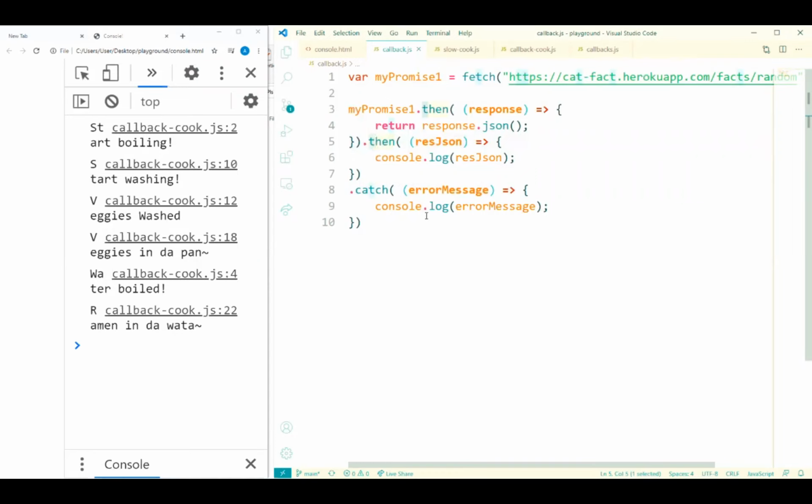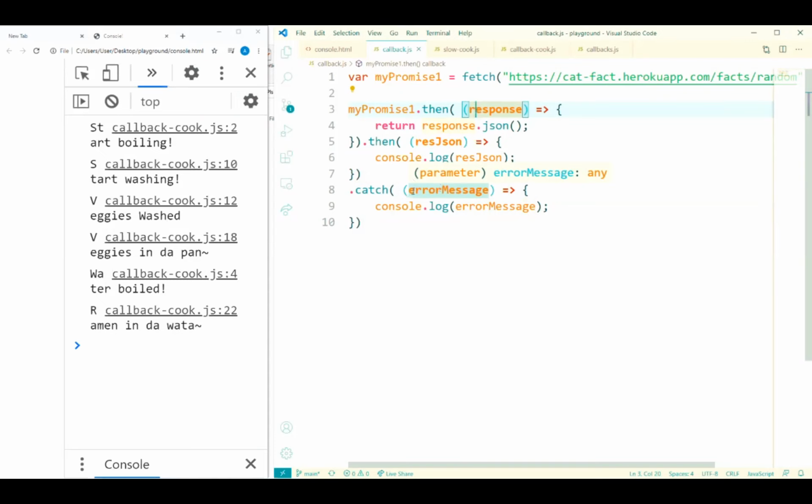Is error message a native variable, or is it something you haven't defined? Right, so error message is an argument. Remember in our job app, our promise either resolved into a congratulations message or a rejection message.